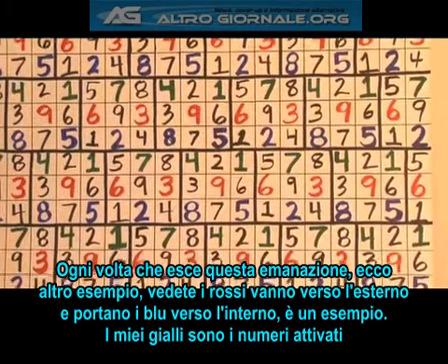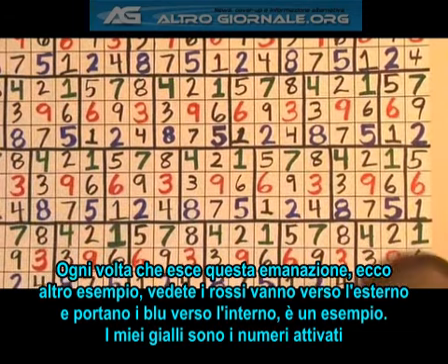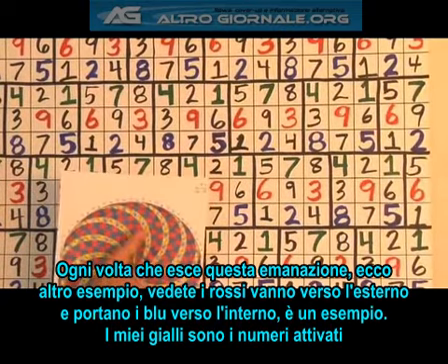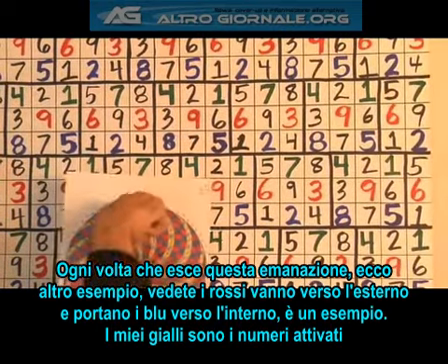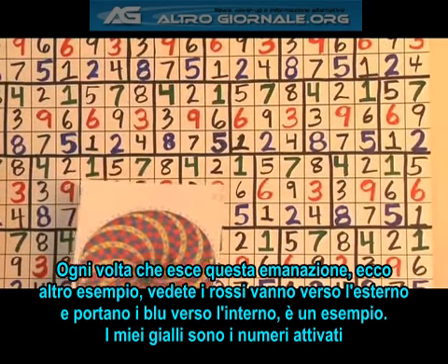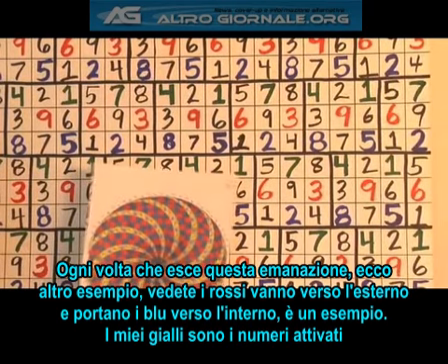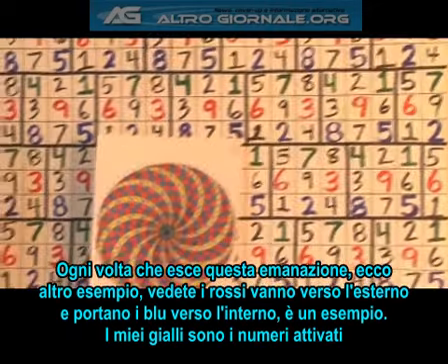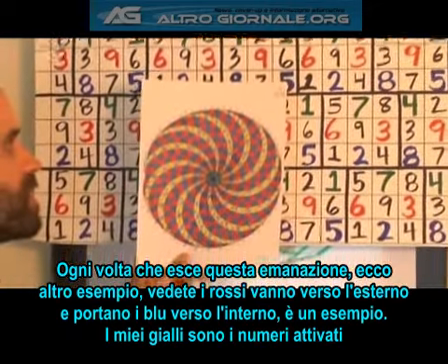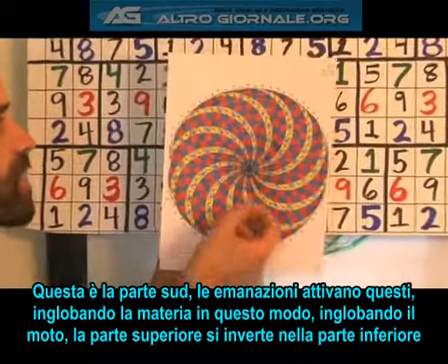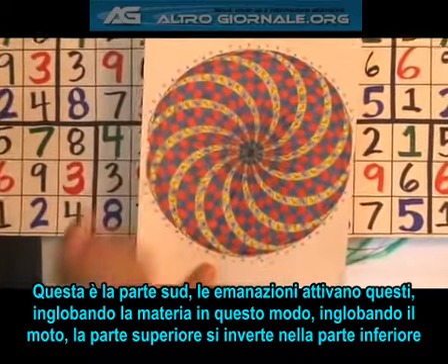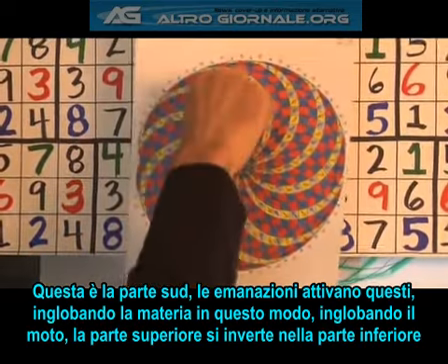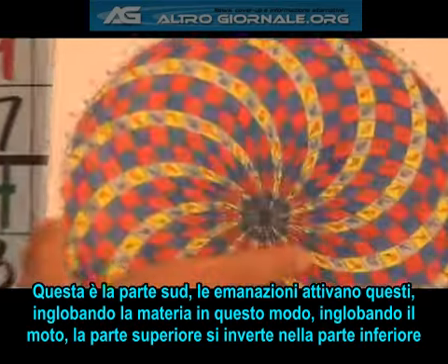Now, each time one of those emanations comes out, here's another example. You can see my reds, they're emanating out, causing the blues to come in. So this is an example. I'm showing my yellow. My yellows here are the numbers that are activated. All right, this is the southern half. So these emanations coming out are activating those, and in every other one sequence, it's entraining matter in this way,